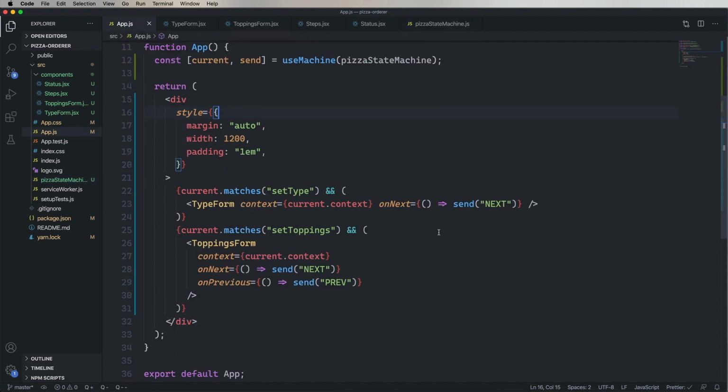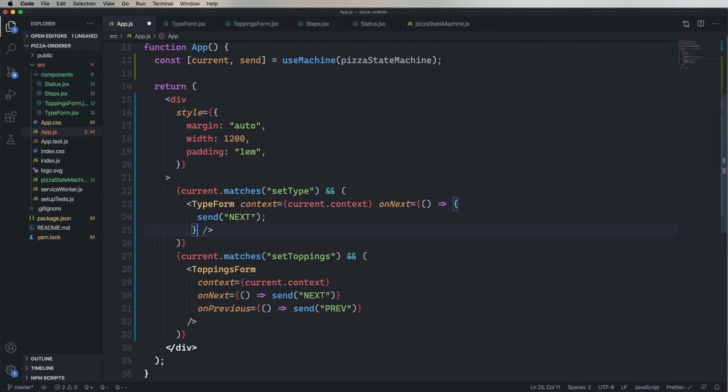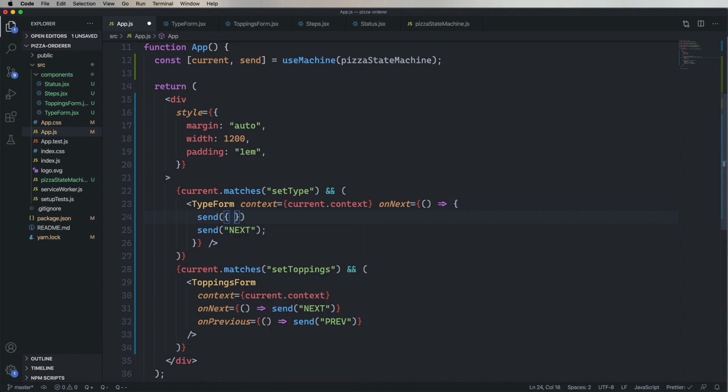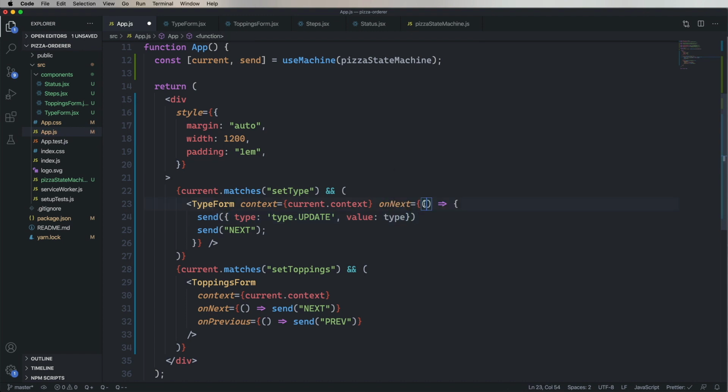So now we need to send another event before we send that next event. And that new event is going to be the one that updates the context with the new data. So in this case, we're going to send an object where type is the type of event. And in this case, it's type update. And then the value is whatever we're going to get from the data, which is coming in as a parameter